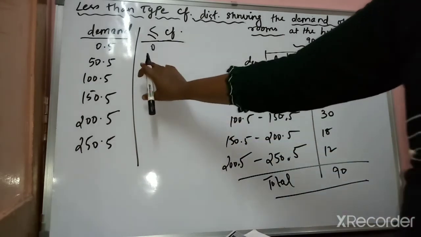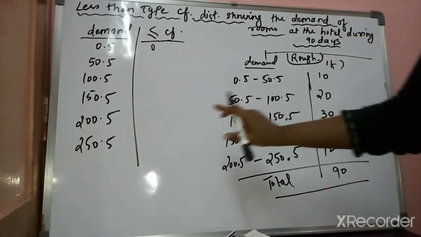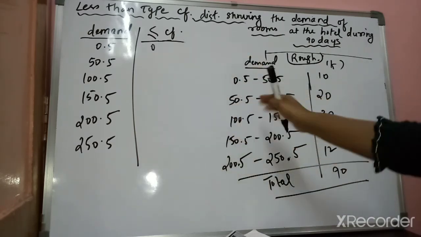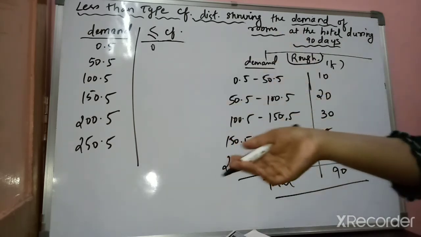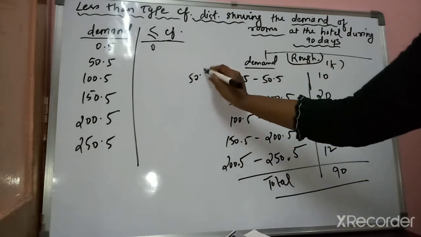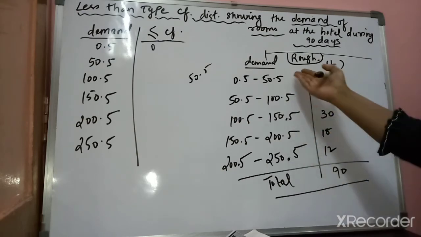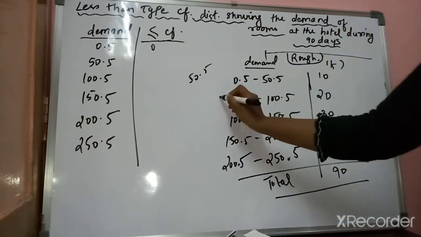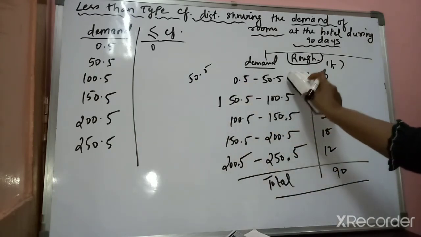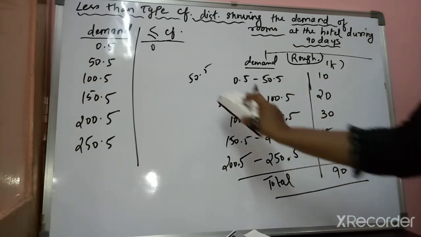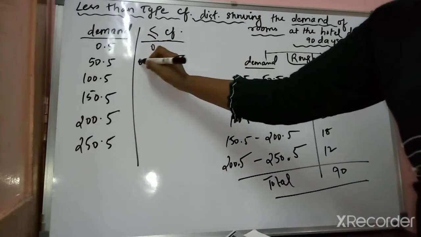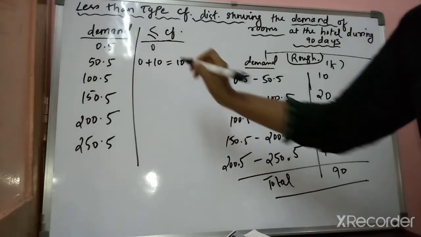Now this is for the second class, less than 50.5. If 50.5 was there, when we would be making the tally mark, just remember when 50.5 was coming, where would you mark the tally mark? Over here or over here, right? We would be marking over here. So less than 50.5 would be from here, so we have to take number 10 in our second column. I hope this is clear to you. So 0 plus 10, it would be 10.